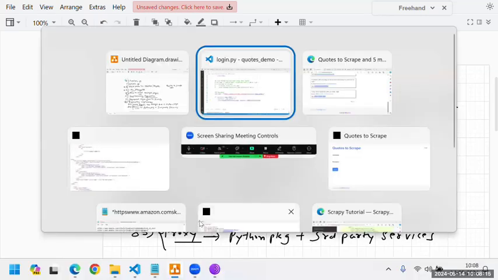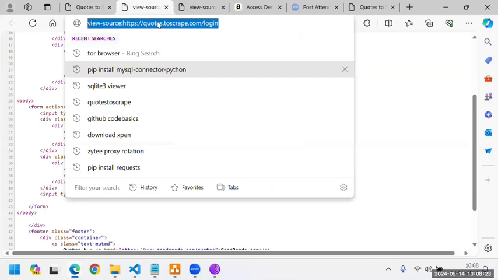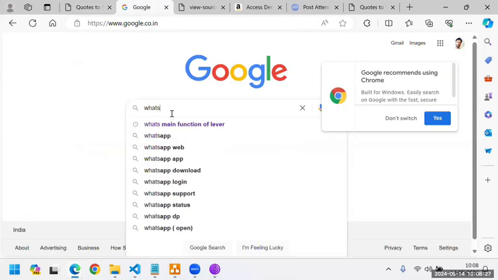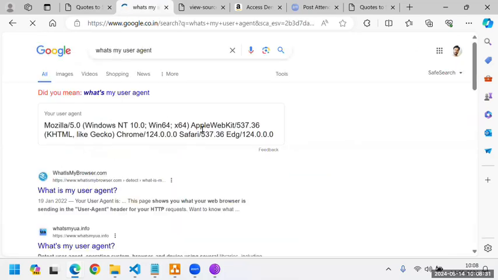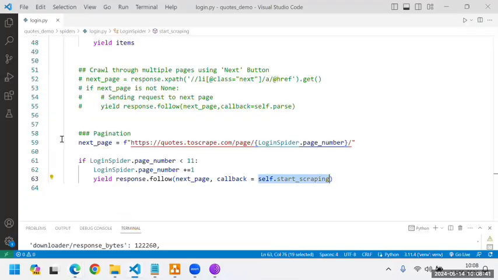And where would we get these user agents? If we just do a quick Google search, "what's my user agent", this is the user agent of this browser. You can simply copy this and then apply it inside the